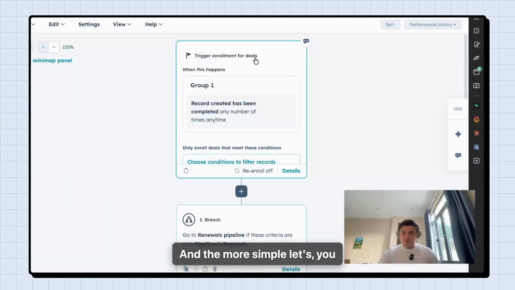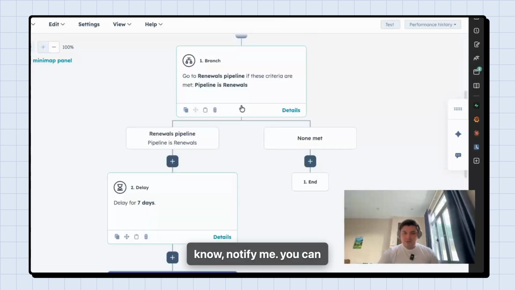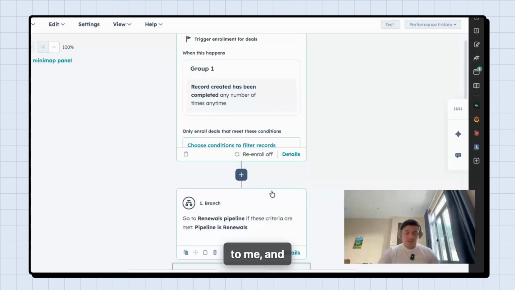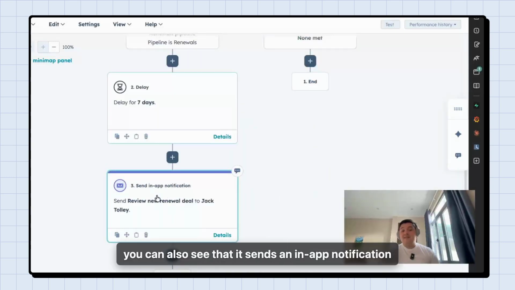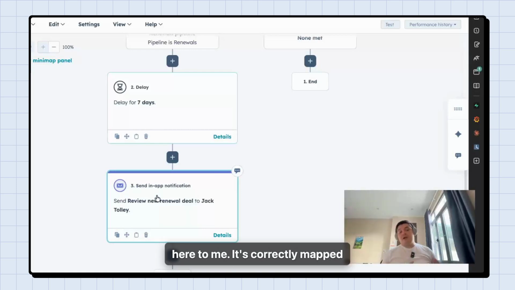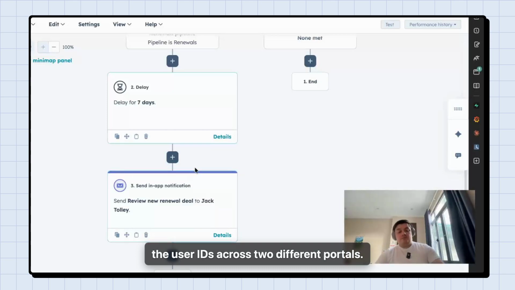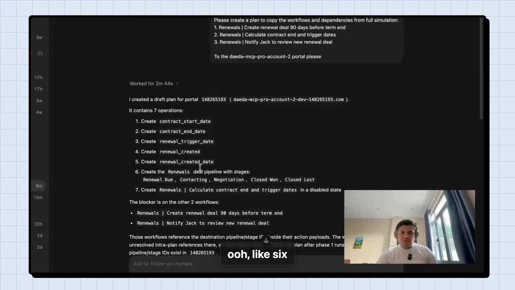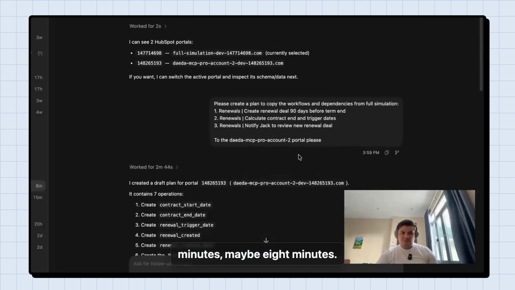And the more simple, let's notify me. You can see that it sends an in-app notification here to me. And you can also see that it sends an in-app notification here to me. It's correctly mapped the user IDs across 2 different portals. All in all, that took perhaps like 6 minutes, maybe 8 minutes. And we've copied the full system of workflows along with dependencies that were required from one portal